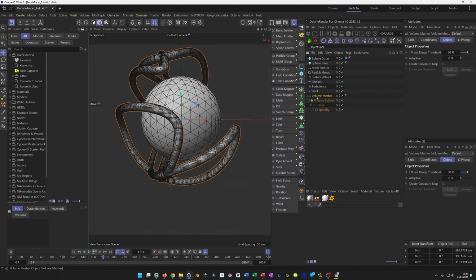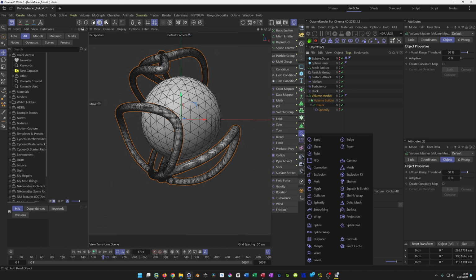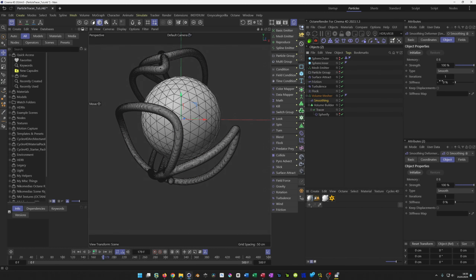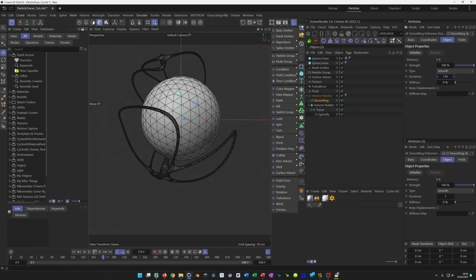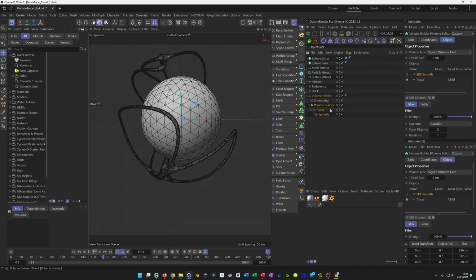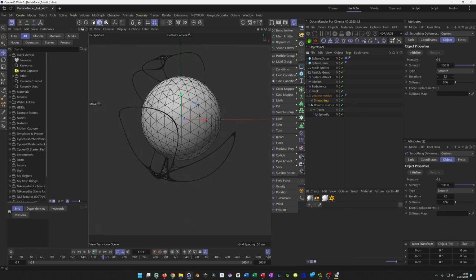I simply give, as a child of the volume mesher, a smoothing deformer. Here I go up, you see stiffness 0, and I go with the iterations up. And this gives me the shape I want. And when I disable the smoothing, it is this. When I enable, that looks not so bad. Go back to the... yeah, that could